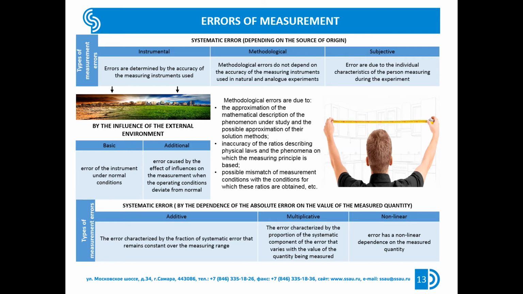For this reason, the terms additive and multiplicative error are used. Additive error refers to the fraction of systematic error that remains constant over the measurement range. Multiplicative error refers to the fraction of the systematic error component that varies with the value of the quantity being measured. For example, for platinum thermal converters of resistance class B, according to GOST